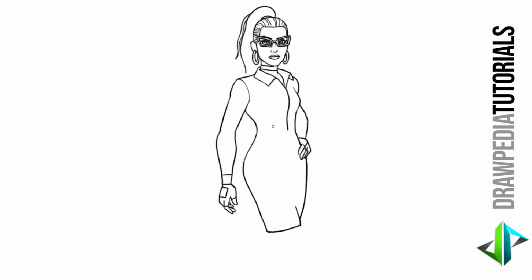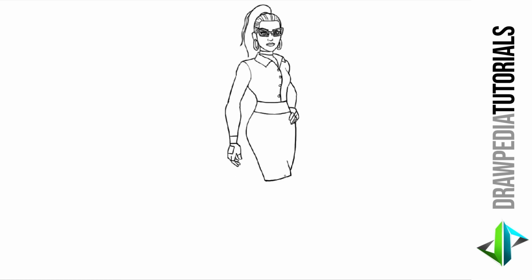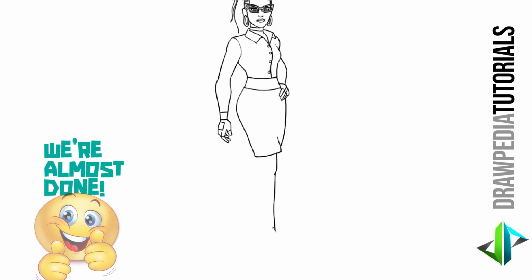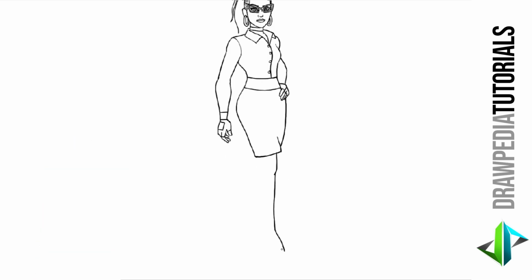Now on her waist, I'm gonna draw across a curve line right there and another one below that. Along the middle point of her shirt, I'm gonna draw some circular shape right there. And for her legs, I'm gonna draw a curved line below the skirt, turn it inwards, continue the line downwards right there, semicircle turn at that corner, diagonal line all the way to the tip of her shoes and turn